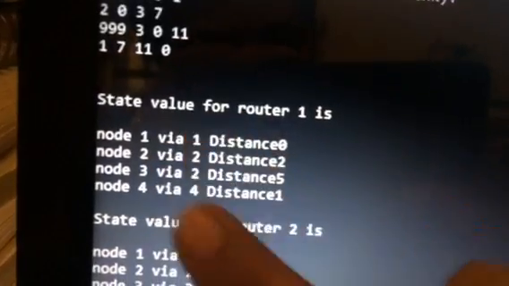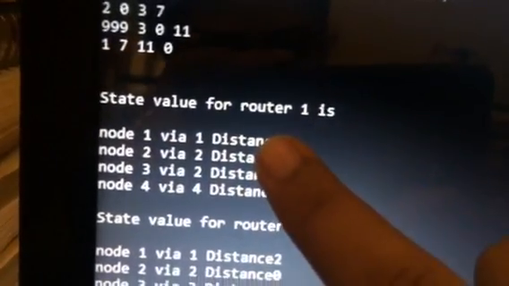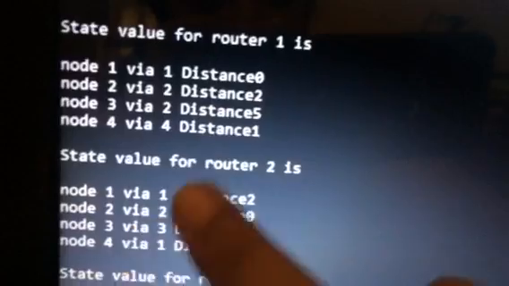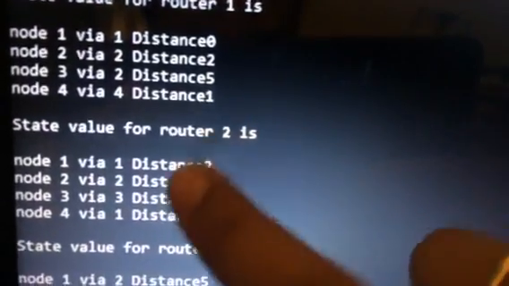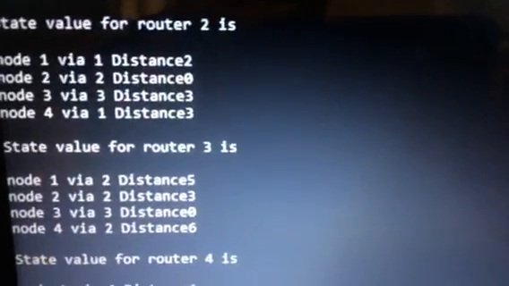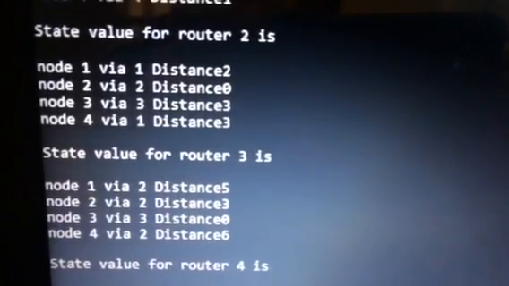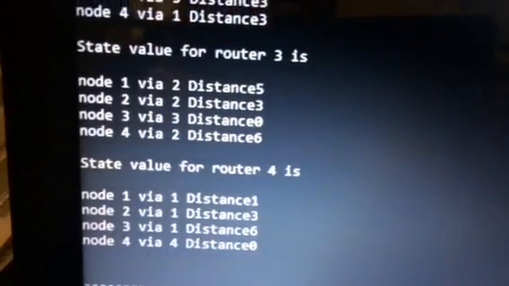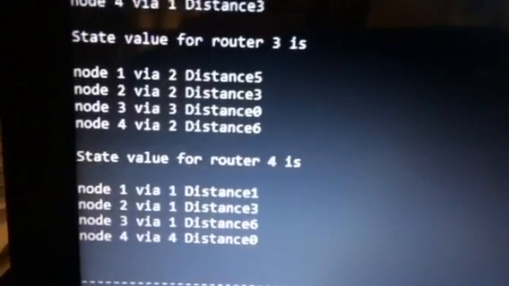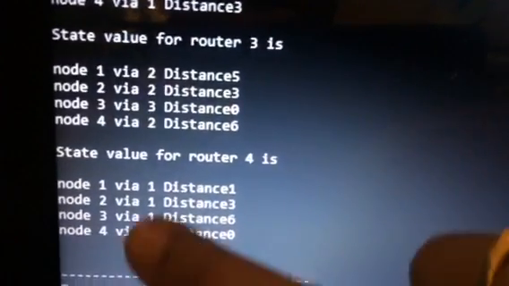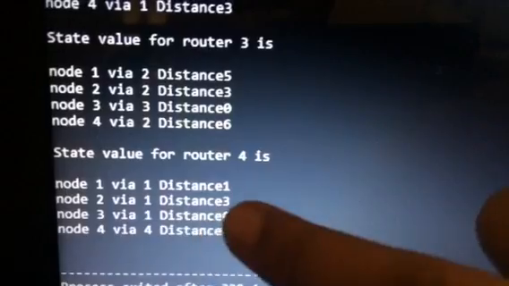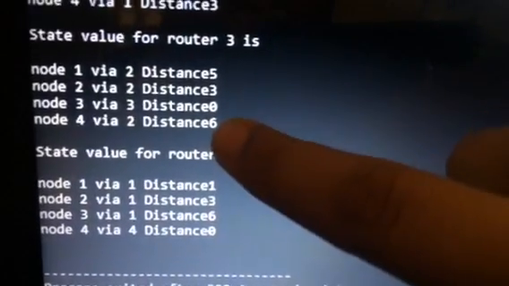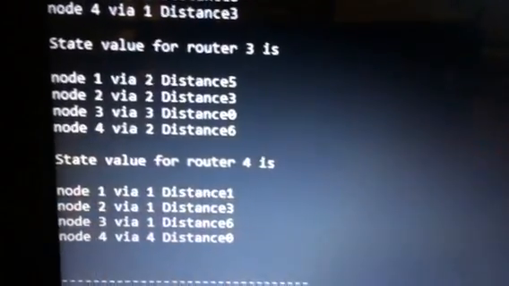Via what and what is the distance you have got. Same way node 2, via what is the distance you have got. Same way node 3, node 4, you have got it. So next, while explaining the logic, I'll tell you how you have got this via and how you have got this distance from various nodes.